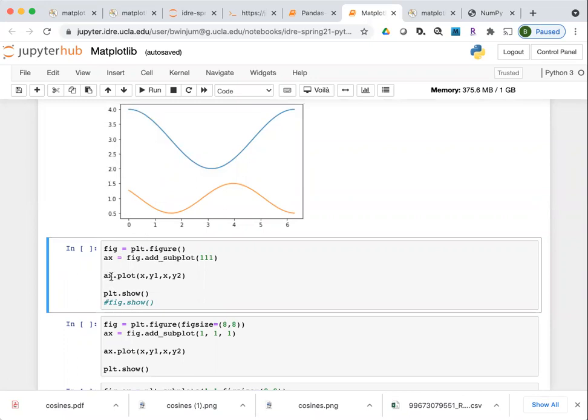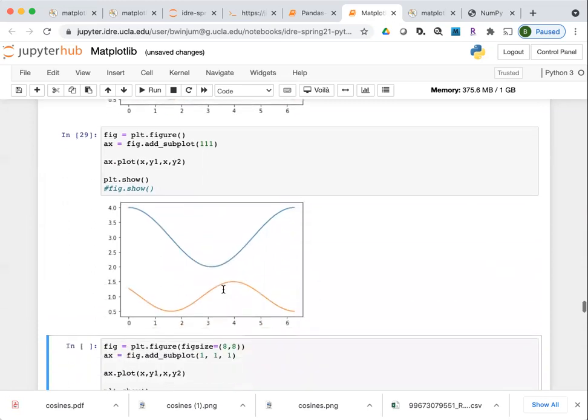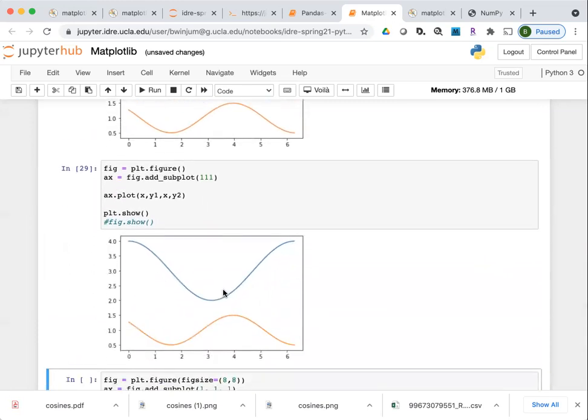This axes object itself has a method called plot. So if instead of plt.plot I call ax.plot, this has the same effect as calling plt.plot. And then I show the graphic. It shows the same graphic because I've done essentially the same thing.